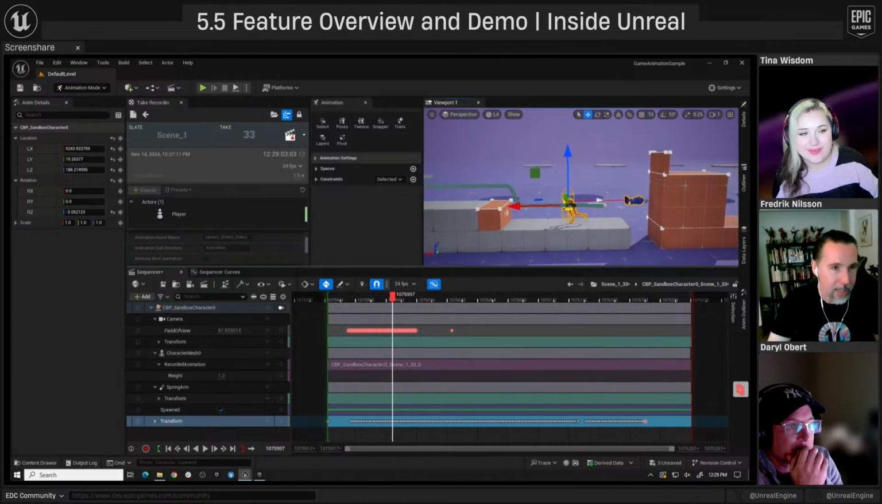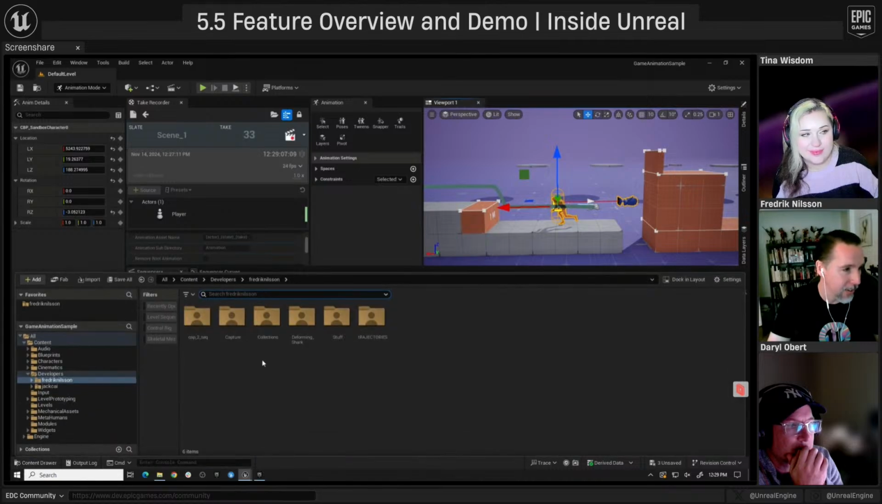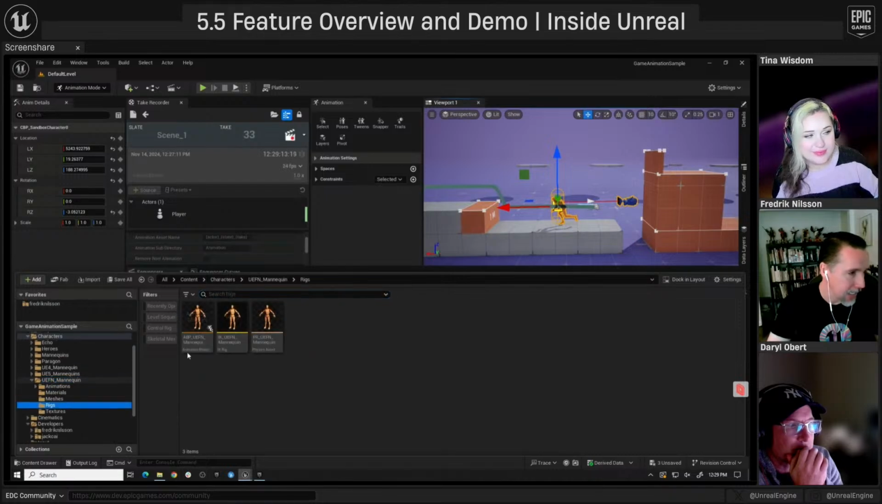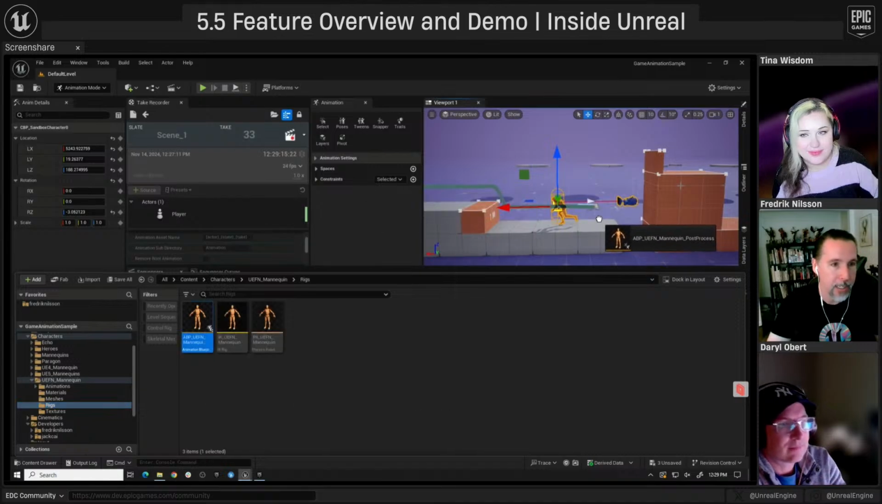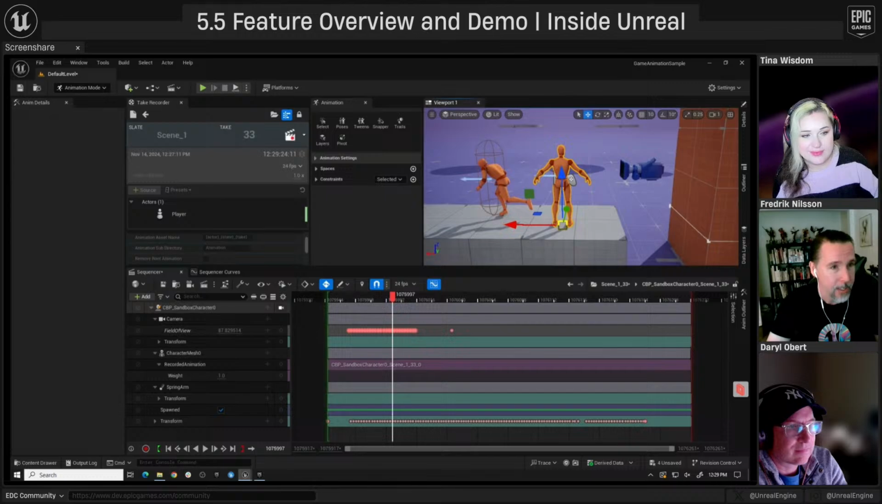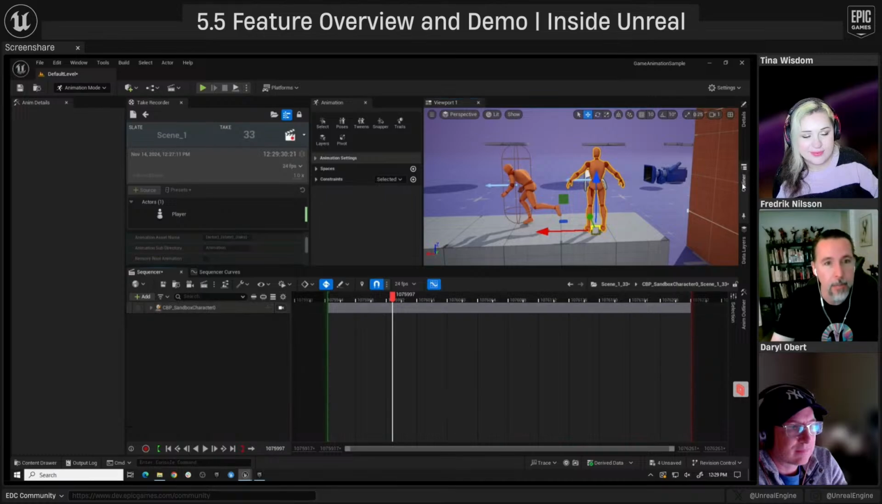What was I going to do? Oh, I'm going to actually add another character here. So this character is called the UEFN mannequin. I'm going to pull this blueprint in because I just want to show that you can put this on another character. There he is. Okay. So this is just a second copy of that same character, but this guy, if I had him in my sequencer,